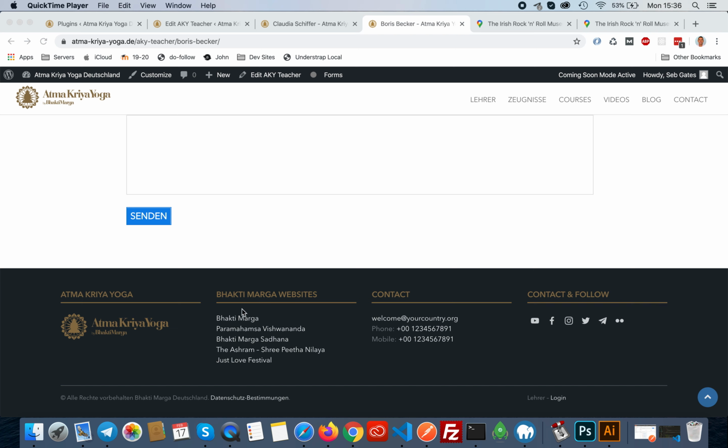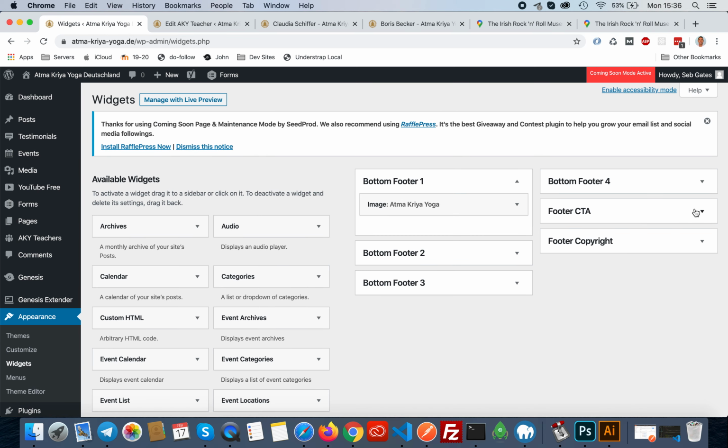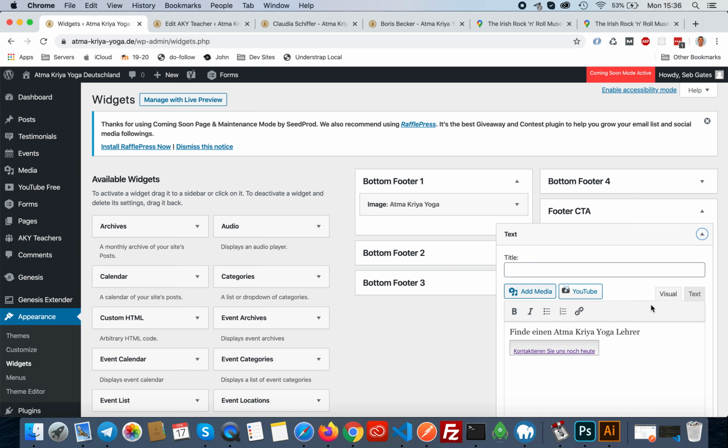What I'm going to attempt to do here is edit this footer information here. So you see we've got some links, we've got some phone numbers, and we've got a widget area here. Essentially what you need to do, if you haven't used widgets before in WordPress, you come into Appearance and Widgets, and those areas that appear at the bottom of every page, you'll see the footer call to action is this: